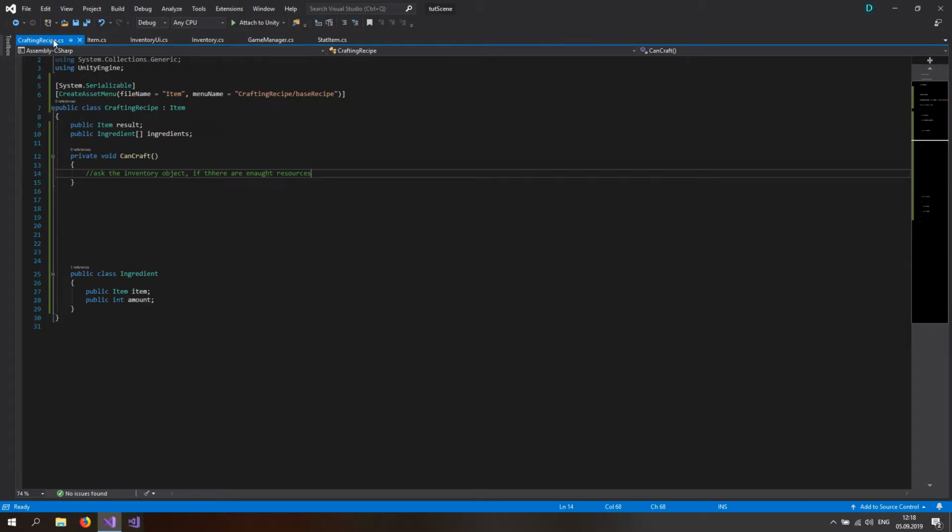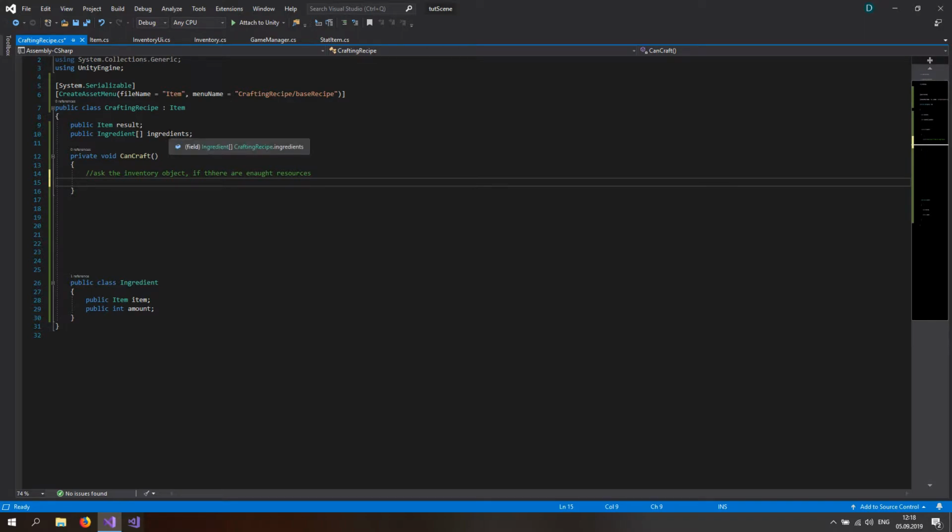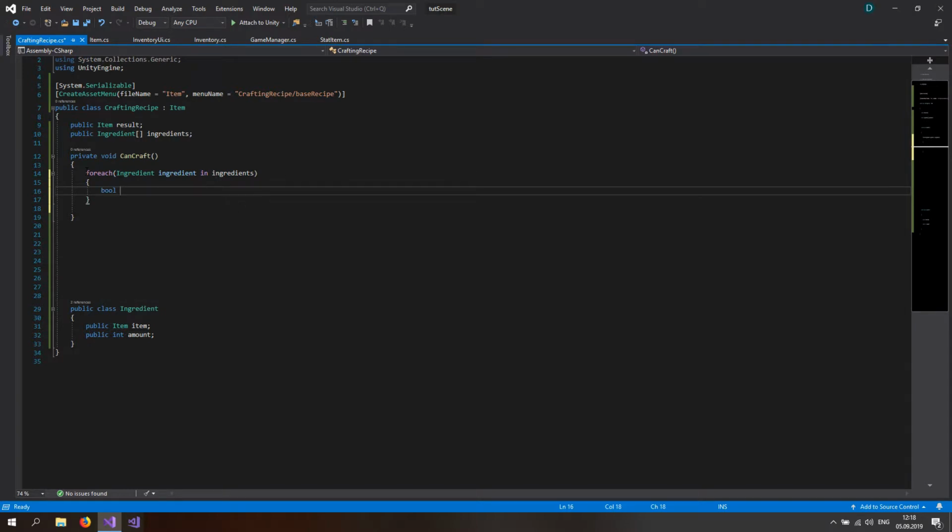And let's go back to the crafting recipe. How do we check if we can craft an item from a recipe? We need to loop through each individual ingredient in the ingredients array, even if it's just one, and ask the inventory if we have enough items. So let's make a simple foreach loop, for each ingredient in ingredients. Let's make a bool containsCurrentIngredient, and that's going to be equal to Inventory.instance.ContainsItem. Each ingredient class has an item and an amount, so just pass in the ingredient's item,